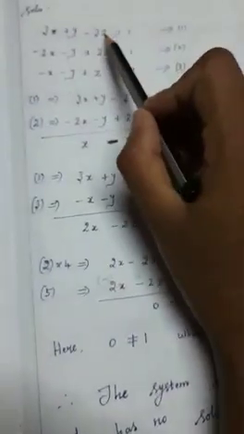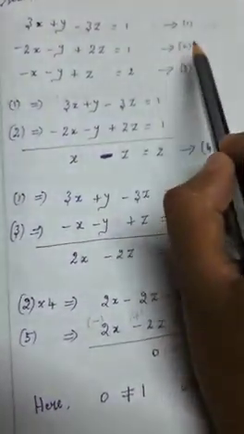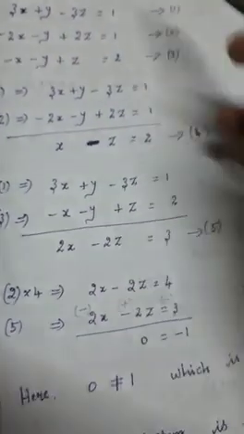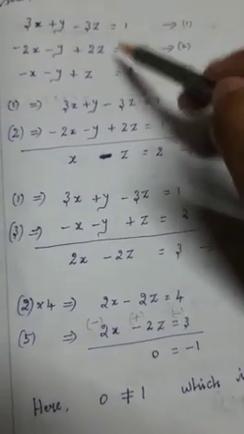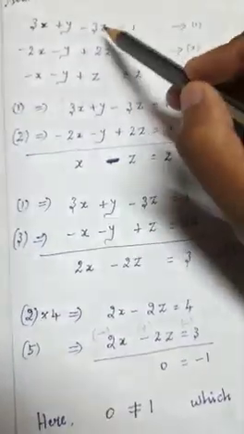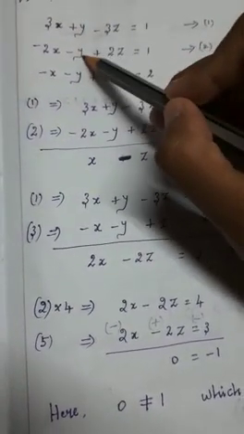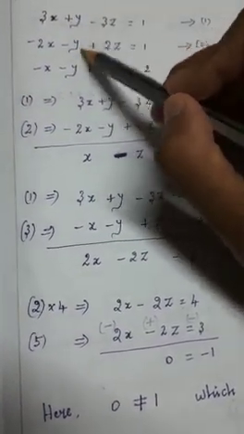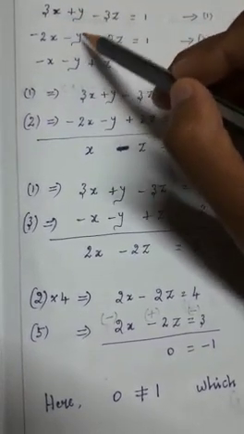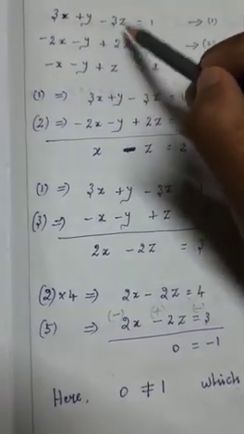So the first equation you can consider as equation number 1. The second equation you can consider as equation number 2, and the third equation you can consider as equation number 3. So you know how to solve linear equations in three variables. First you can choose any two equations. So first and second equation you can choose, because the y variable you can eliminate easily, since in the question itself the numerical coefficient of y is the same. So you can choose the first and second equation.